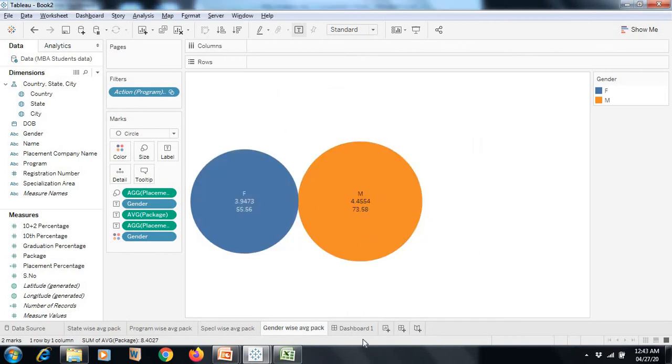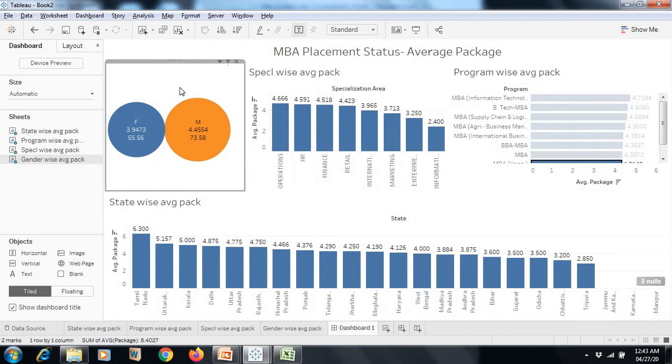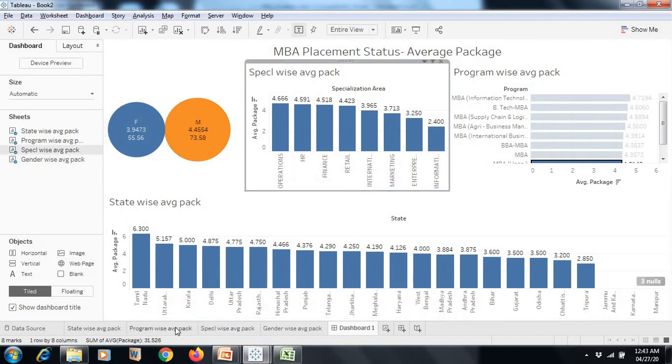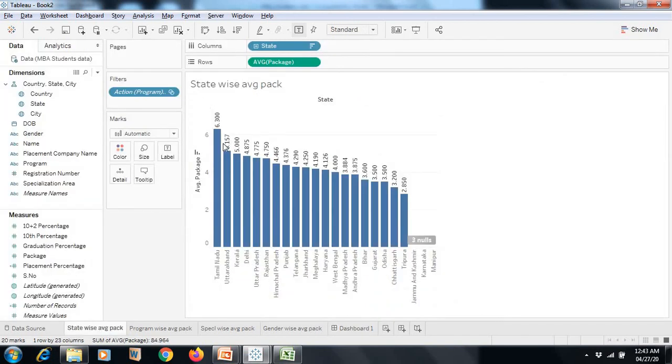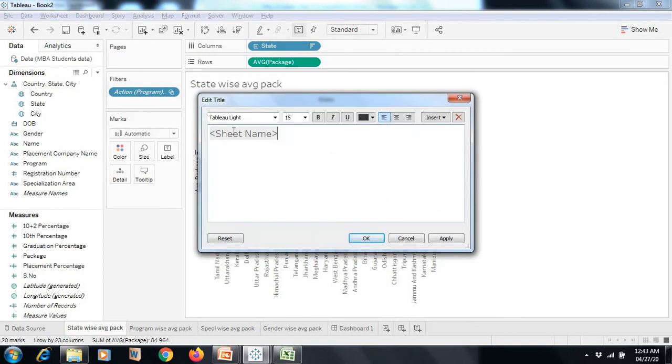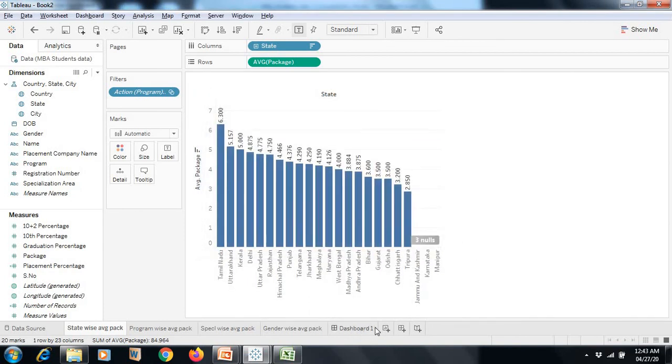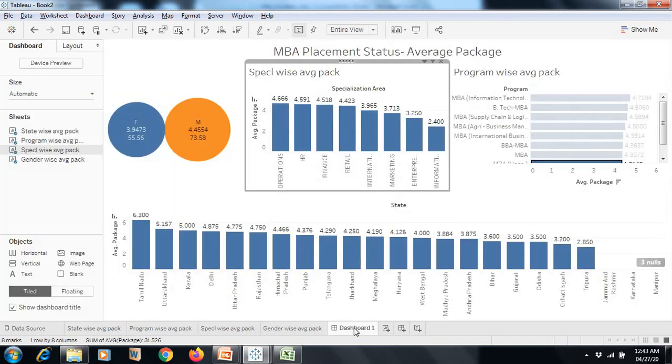So now this has been removed. Even if now I go to my dashboard, for this sheet, the title is not there. So if I go to this, this is specialization wise. Now the advantage is, previously I did it from the dashboard, but now I am removing my title from this sheet. I am working on the sheet now. Double click. I am removing this sheet name. Why? The sheet name by default is a header. I said apply. Okay. Now if I go to my dashboard, you will see under my dashboard, this has gone.